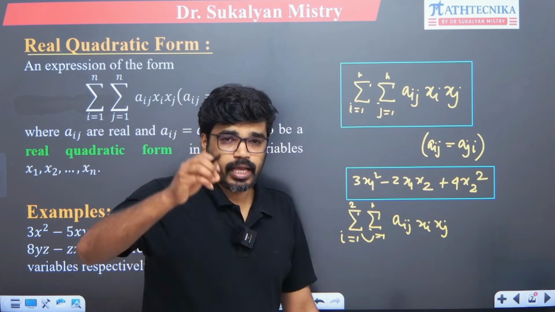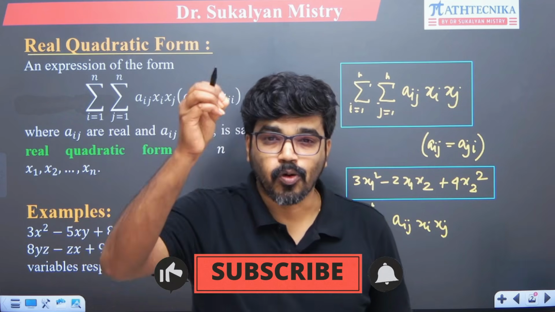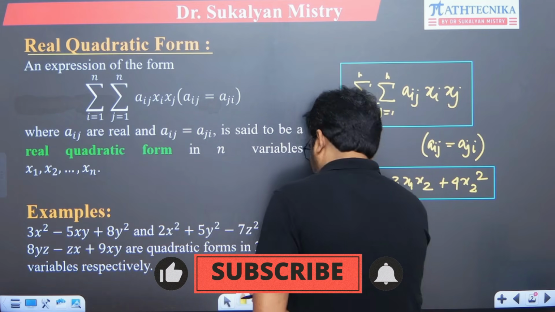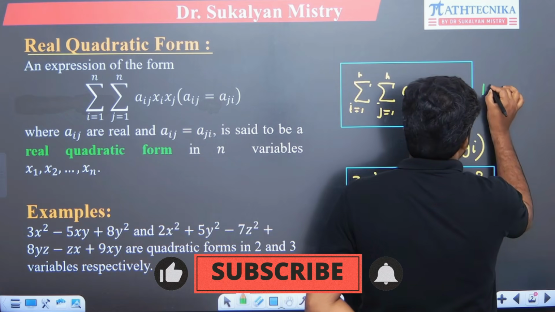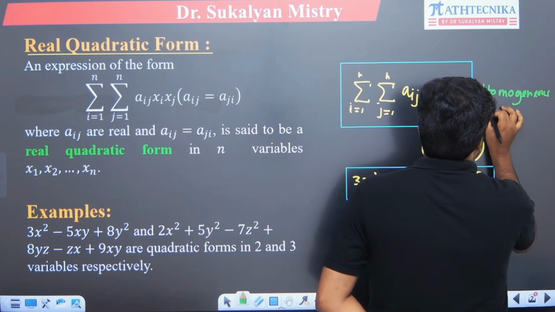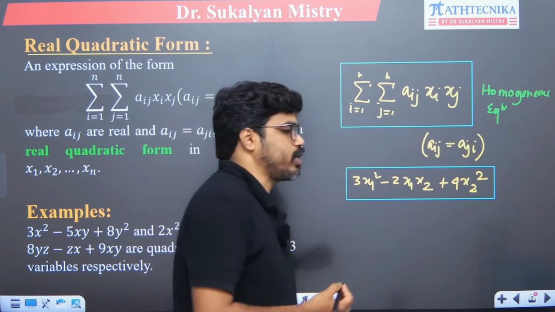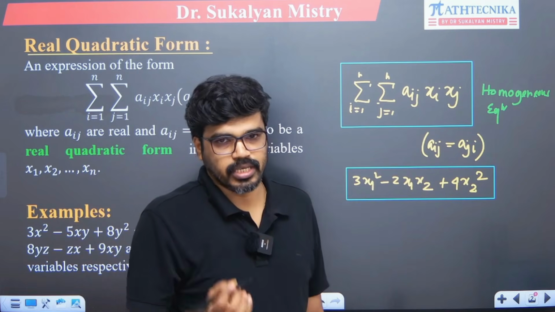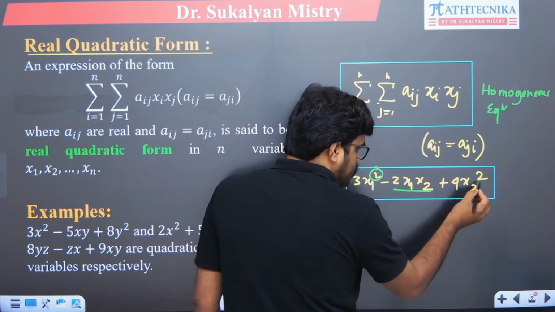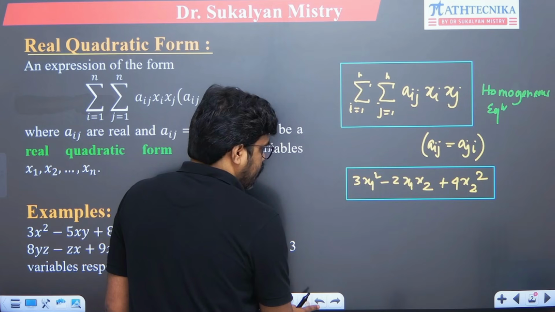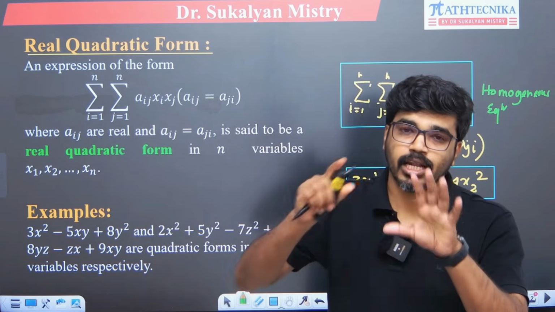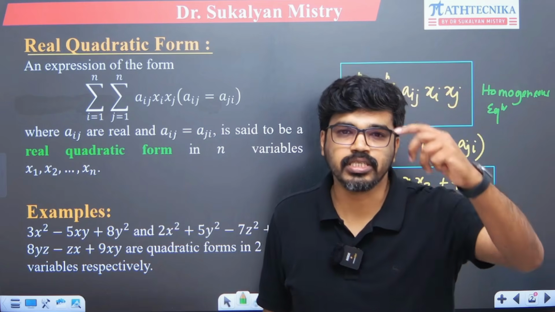So that means a quadratic form must be a homogeneous equation. That is very important. A quadratic form must be a homogeneous equation. Getting my point? So a real quadratic form must be homogeneous, means the degree গুলো কি হবে? Same. See this, degree is 2, here degree is 2, here degree is 2, right? Okay, clear? So what we learned, that is a real quadratic form must be a homogeneous equation in any